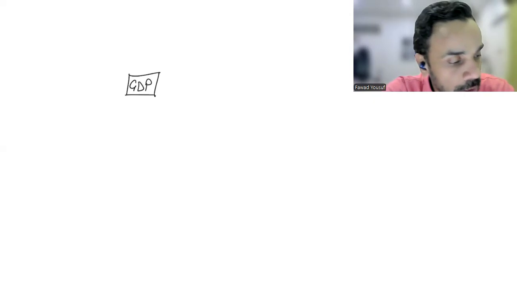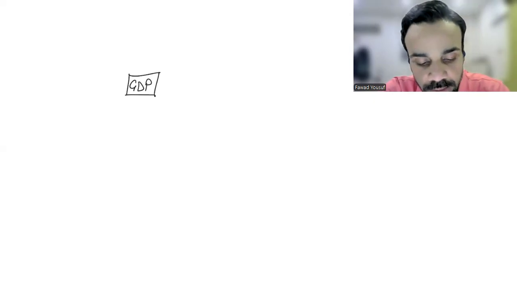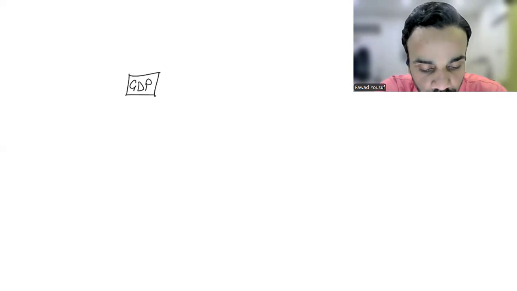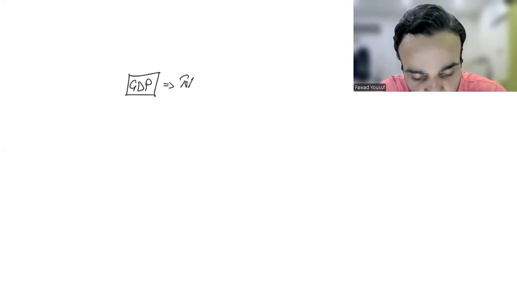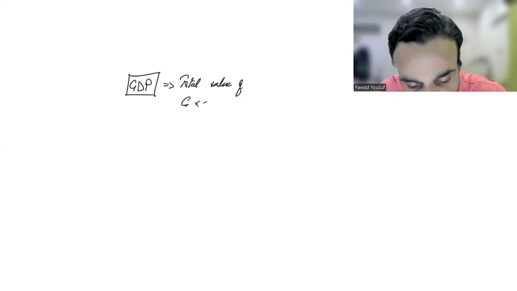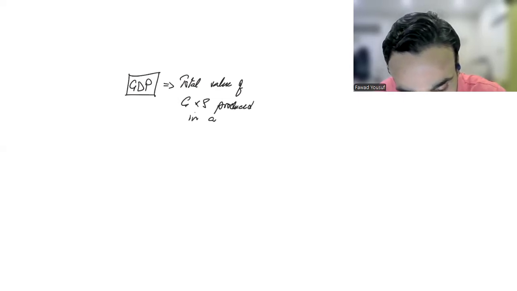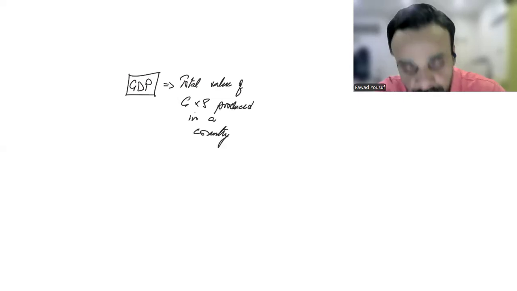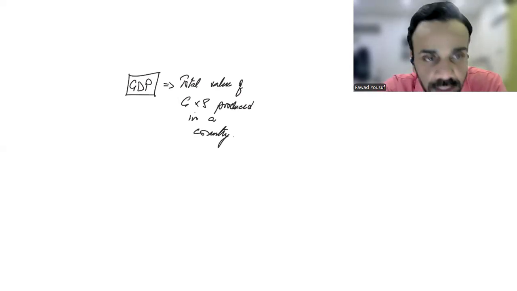अब उसी के अंदर जो पहली चीज हमारे पास आती है, वी वांट टू हैव अ डिस्कशन ऑन एक इकोनॉमी के अंदर जीडीपी क्या होती है. नाउ जीडीपी वी हैव गॉन थ्रू in various ways. कि जीडीपी जो होती है वो टोटल, in my opinion, I think the best one you could write is that it's the total value of goods and services produced in a country, right? Produced in a country.